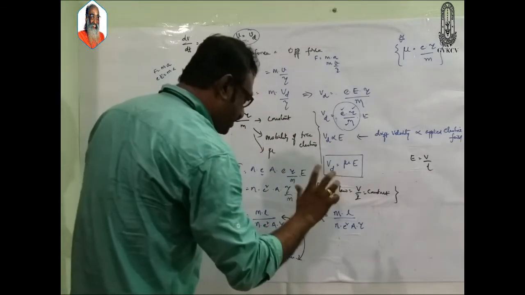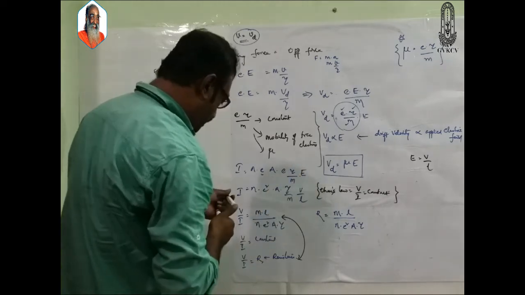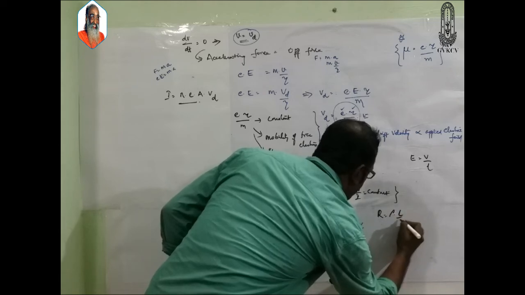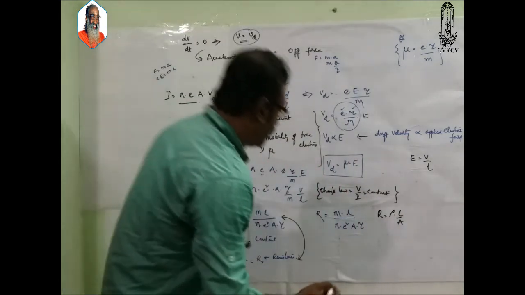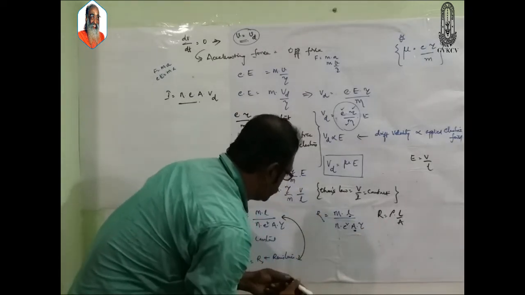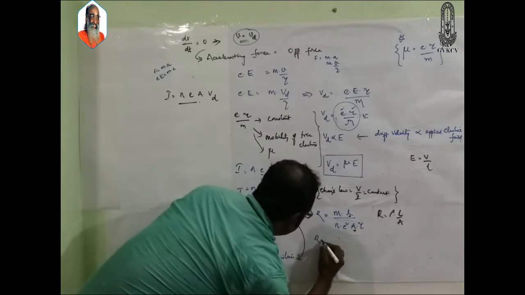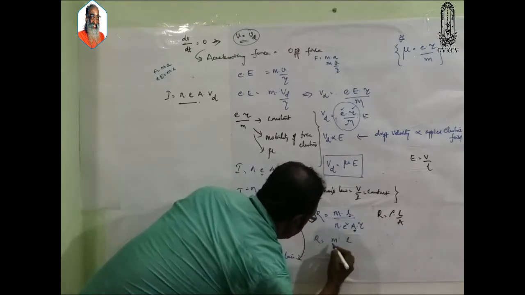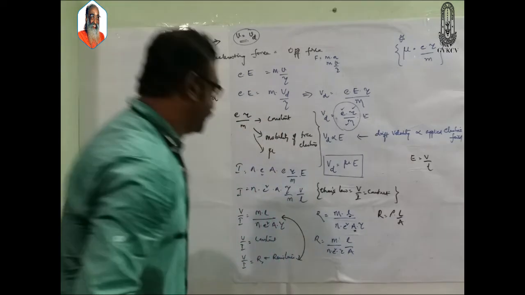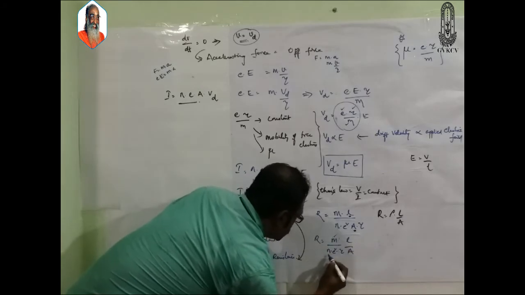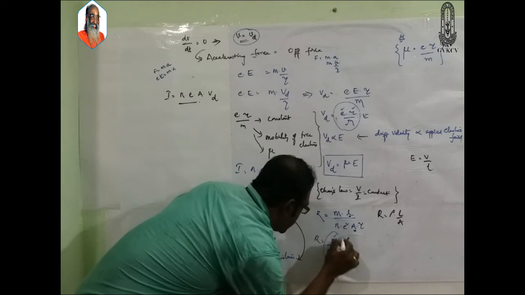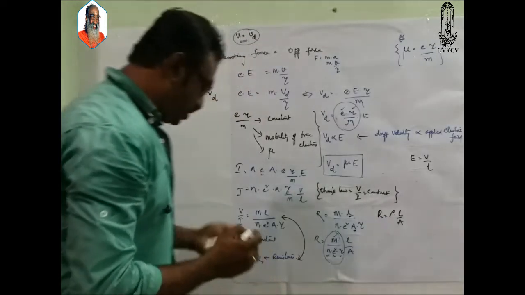And from this you can extract one more important thing here, that is, already we know R is equal to rho L by A. So now here L is there and A is there. Just bringing them aside, it becomes rho is equal to m by n e square tau. We know that the mass is constant, n is constant, e is constant. So this is a constant value, and it is in the place of this rho. So now I can write it as